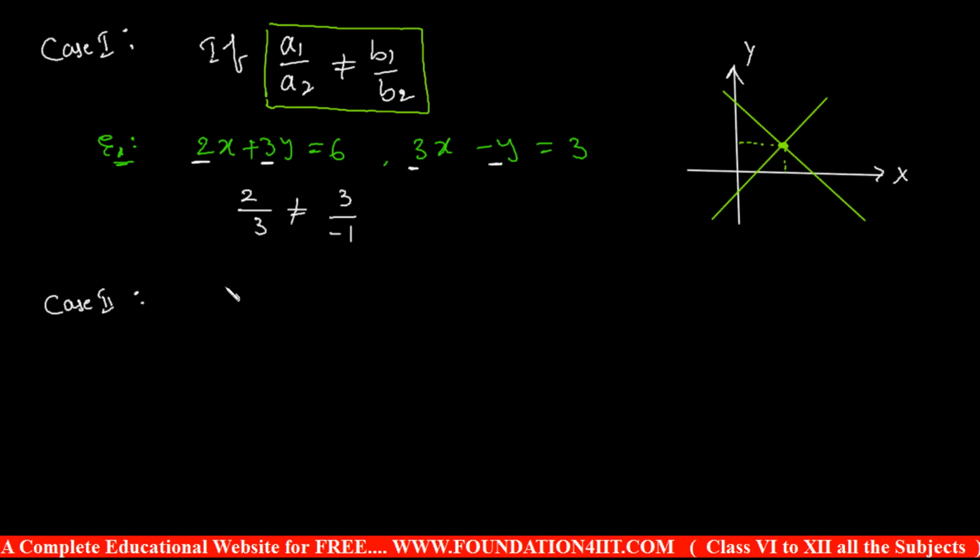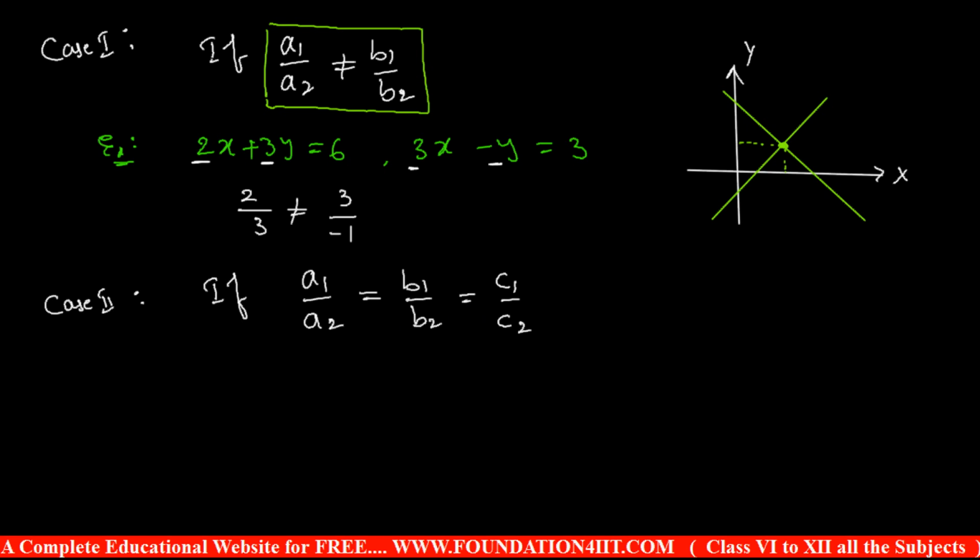In the same linear equations, if the condition is a1/a2 = b1/b2 = c1/c2, and this happens exactly, then we have infinitely many solutions, and the equations are said to be dependent. That means on one line you will get one more line again. So these are two linear equations. If you draw one straight line, for the second linear equation also, on the same points you will get another line. Then they have infinitely many solutions.